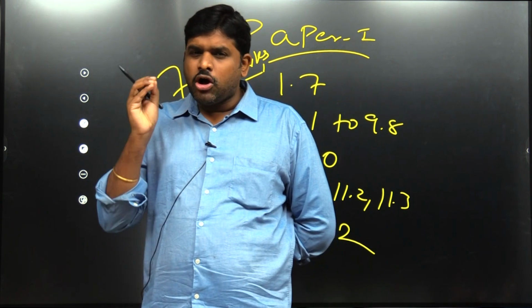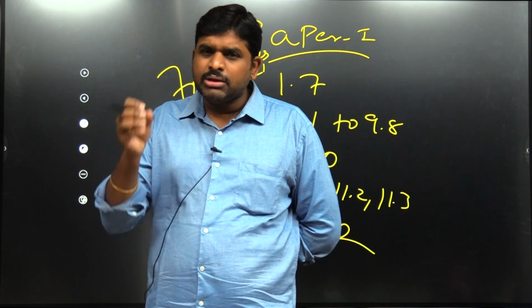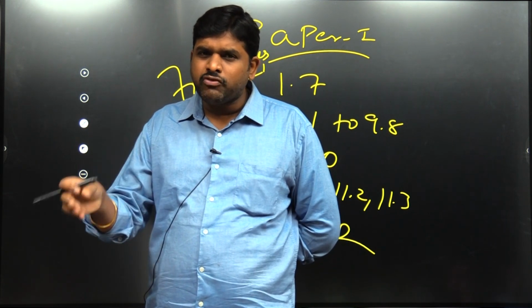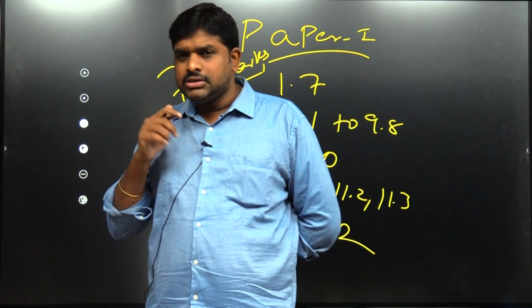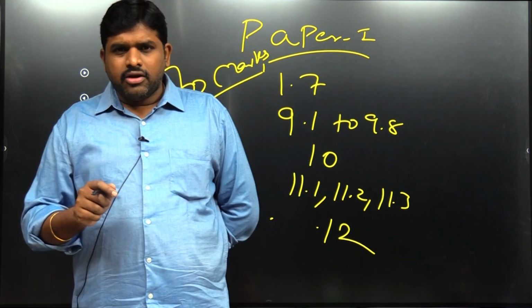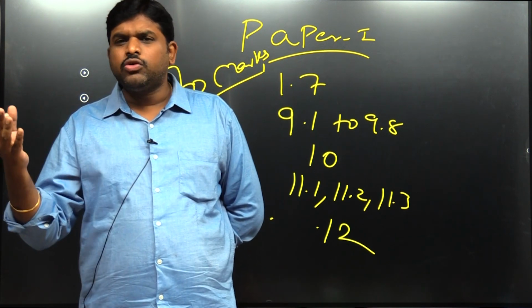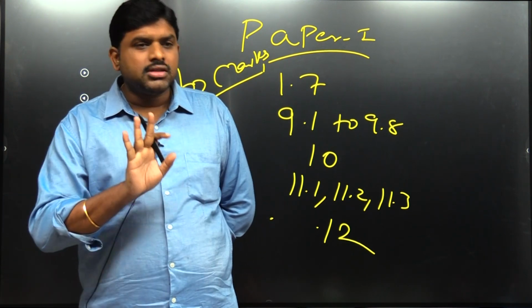In the Paper 1 comprehensive test, if there is a question on physical anthropology, socio-cultural anthropology, anthropological thought, evolution of man or archaeology, the first my pen should go for physical anthropology. Why? Because it is science. When it is science, it is fact oriented. It will be correct or wrong, that is it.